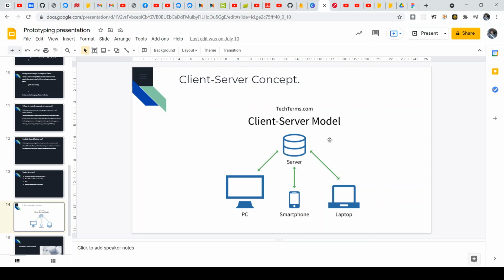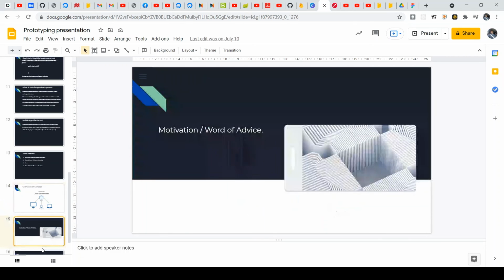Okay. All right, guys. So let's go to the next thing, which is the motivation and word of advice. This is the last slide for us, and then we'll go into the main aspect of this course, which is writing the actual code and building an app. I'll be showing you the app we'll be building, so that you'll have an idea of what we'll be building, okay. So first things first,